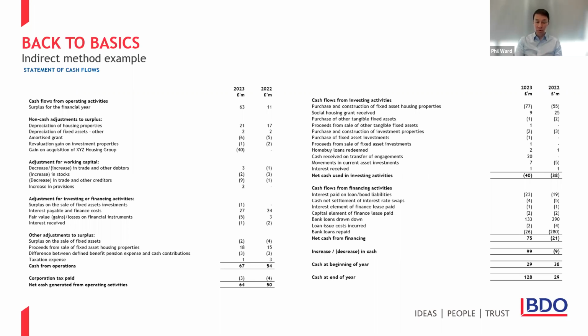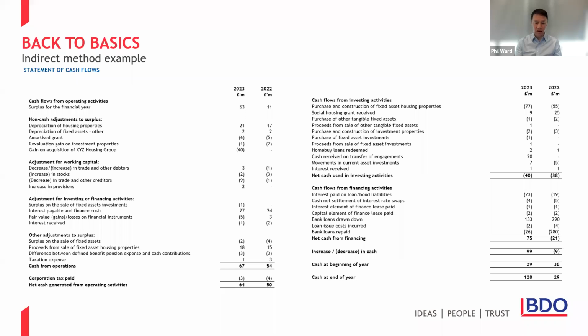Finally, really important that you get the row descriptions right. Almost every cash flow statement I'll look at, there's at least one row description that's incorrect. If you're following the usual approach of using brackets for cash outflows, so as an example, decrease / (increase) in trade and other debtors, make sure you have the words in the right order. So either decrease or increase, is it current year or prior year? And making sure you get the brackets around the right words in that sentence to reflect it's either an inflow or an outflow, or an increase or a decrease in cash.